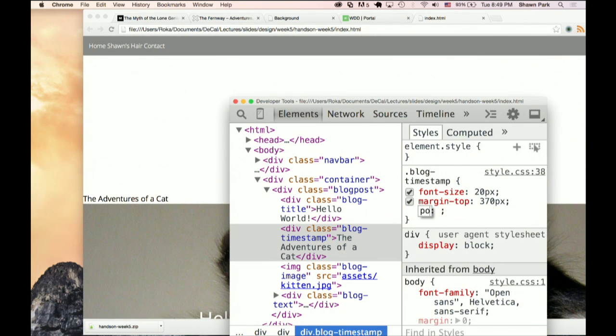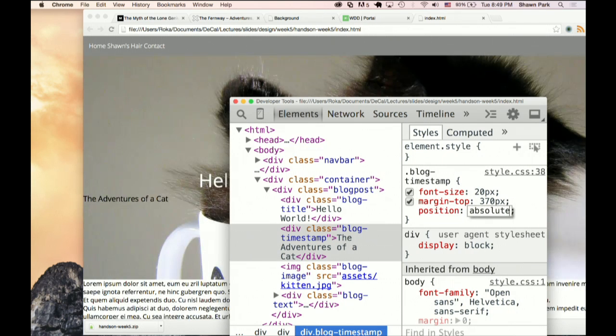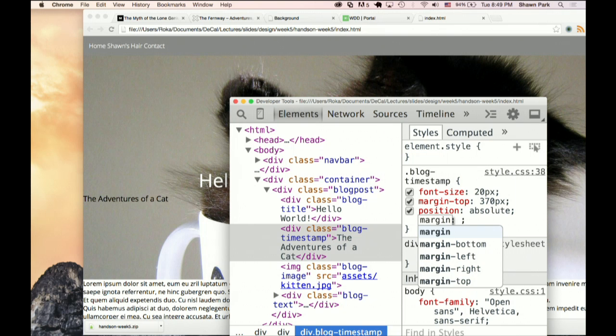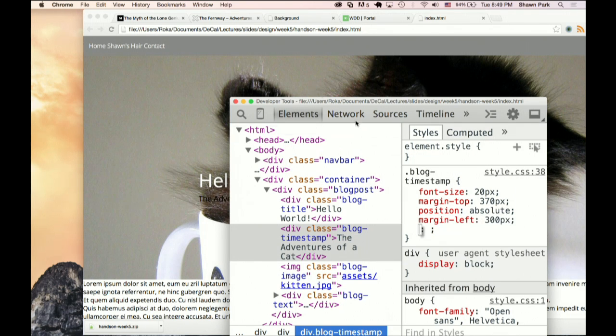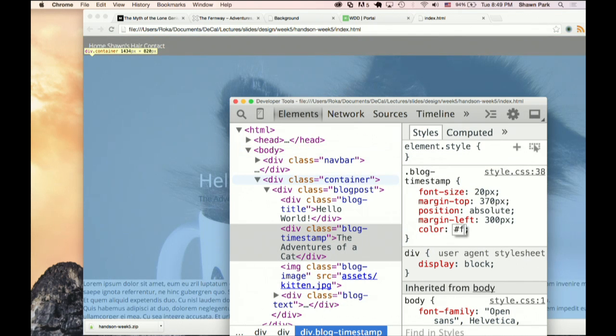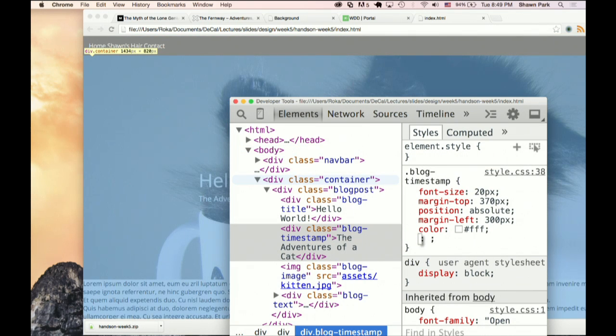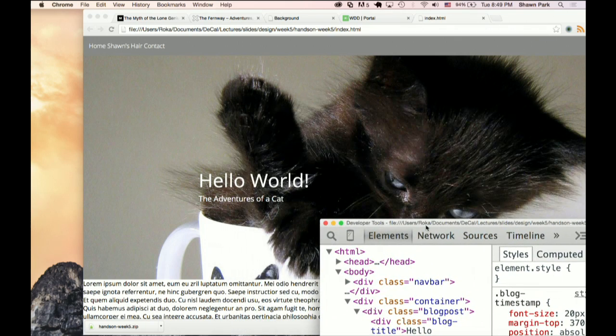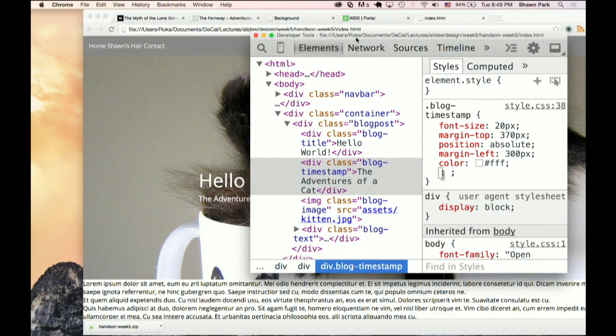Oh, I forgot to put position. So remember, if you don't put position, it'll just try to make the margin right where it's located, versus if you do position absolute, it's going to be overlaid on the photo. I'm not really sure if this is working. That's fine. So we just basically shifted it a little bit lower than the actual header, so it goes under it. And that's all I want to say.